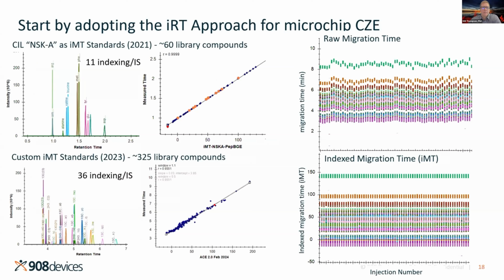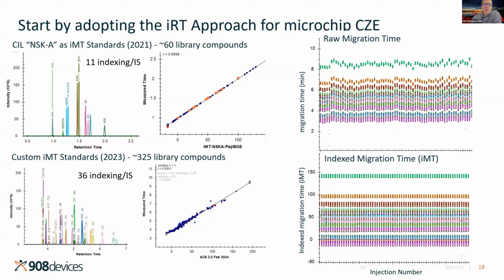So in CE, we see some variability due to salt content. It doesn't change the order of the compounds eluting. It just may change how long it takes for those salts to be separated from the matrix itself, and so it delays the separation a little bit. By using indexing, as you see on the right, we can decrease the migration time variability from across the study, from a little bit of wiggle in these measurements to the bottom, where there's basically no variability between the